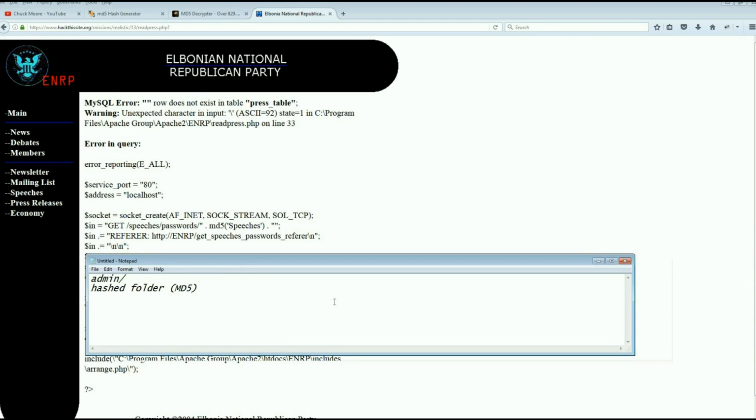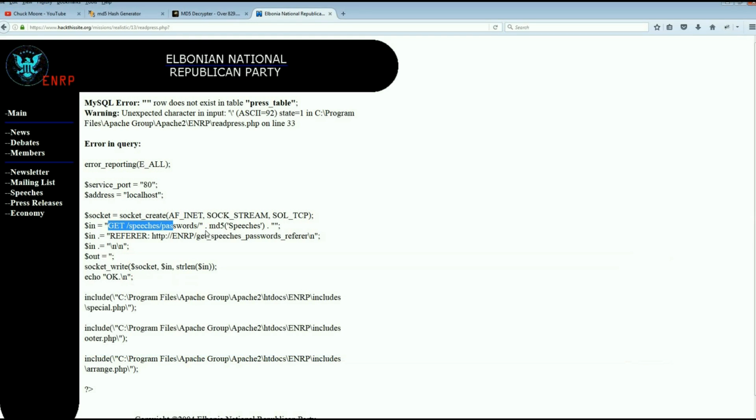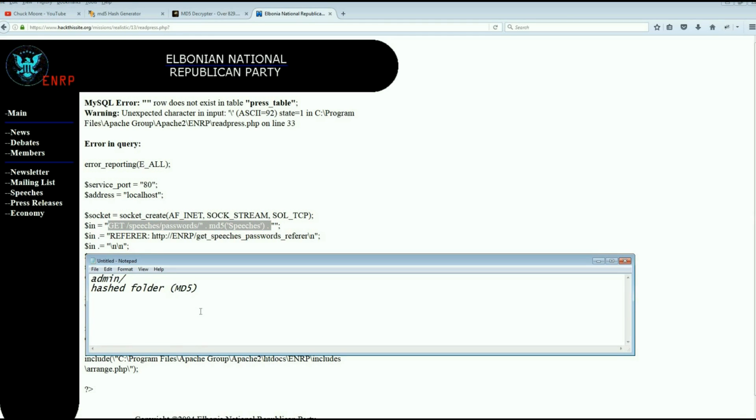There is a line here. What we did, we tried to get something. Well, the thing that called the error, this. Alright. Basically what that said, it's trying to get something from the folder called speeches,